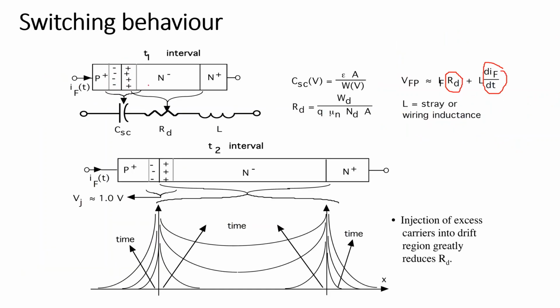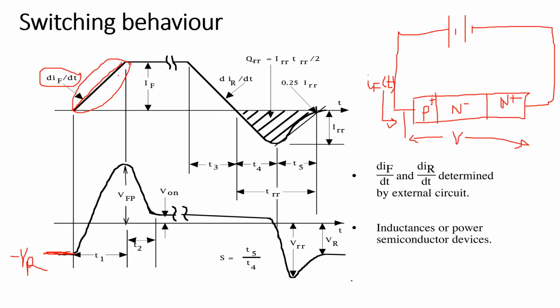Now since it takes some time to again make this depletion region equal to the thermal equilibrium value, and then the forward biased depletion region situation, it takes time to do that. Therefore the voltage does not rise instantaneously to the forward bias voltage, because it was a reverse bias voltage earlier. Okay, so this is shown here, reverse bias voltage earlier. Now we have applied forward bias voltage and this capacitance is charging, so it is taking some time to move to the forward bias position.